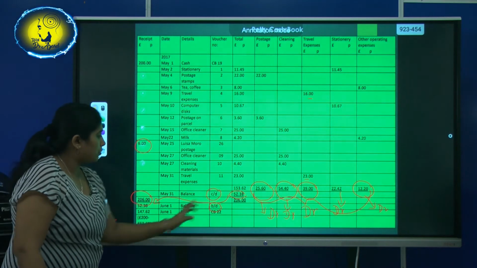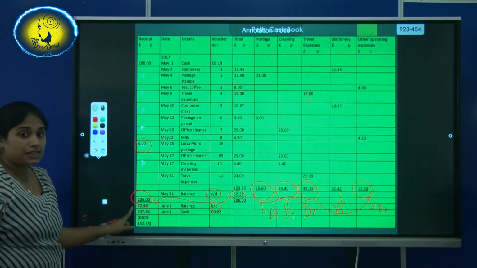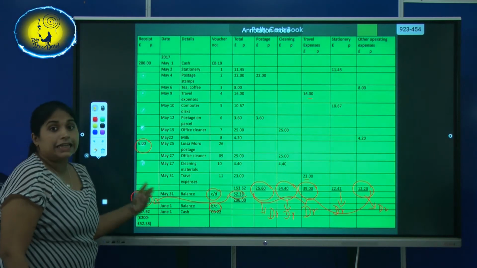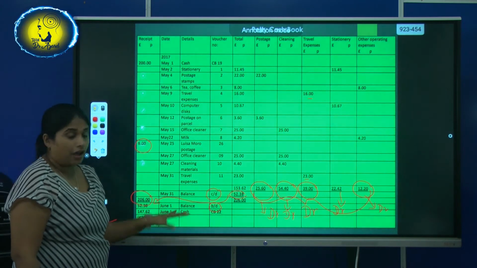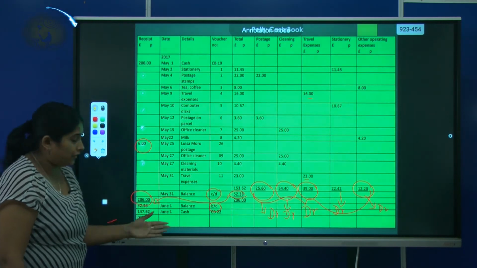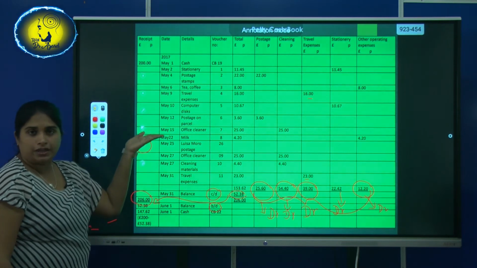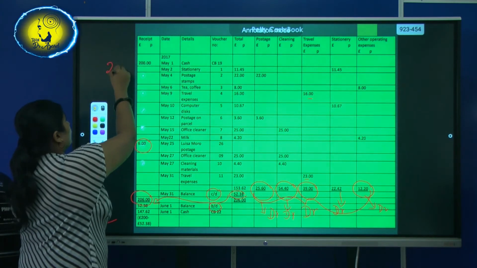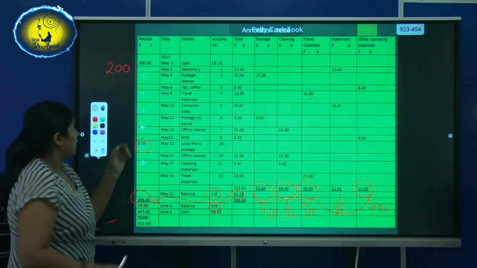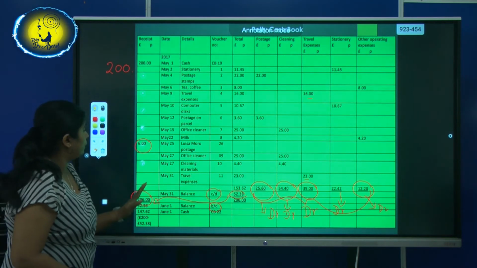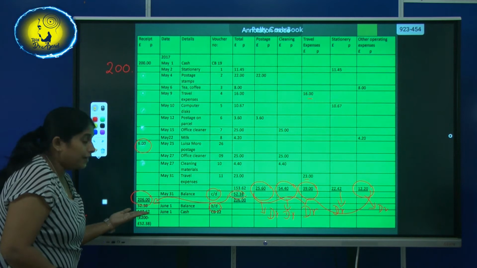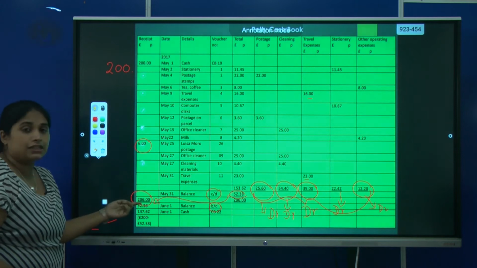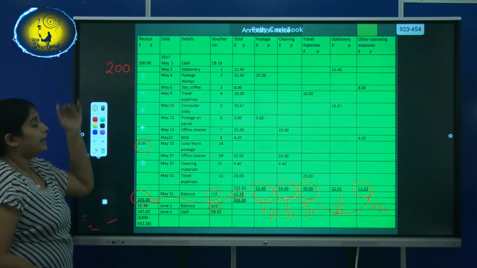Don't write the amount on this side. It should be recorded in the receipt column. Now what you have to do? We have to reimburse. Why? I have earlier explained, before you start the next month, the balance should be updated to the cash float. According to this example, our cash float is 200 pounds. That means the balance should be updated to 200. So already we have 52 pounds and 38 pence. It should be updated to 200.